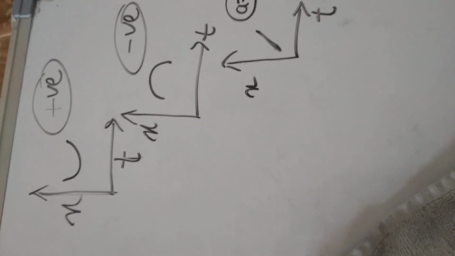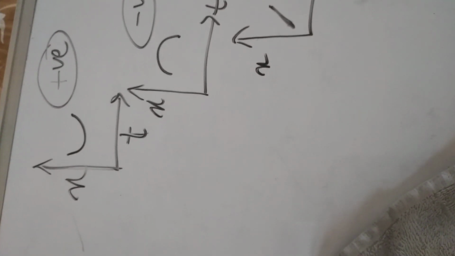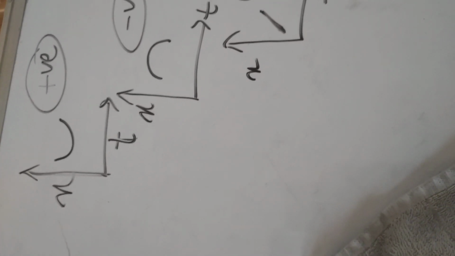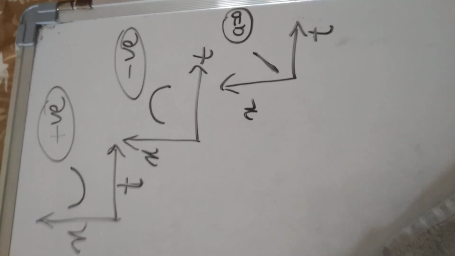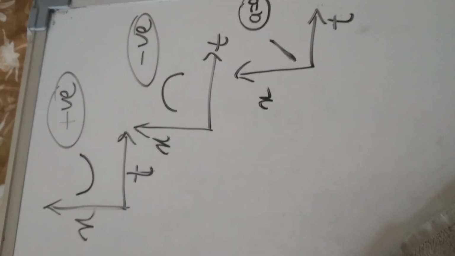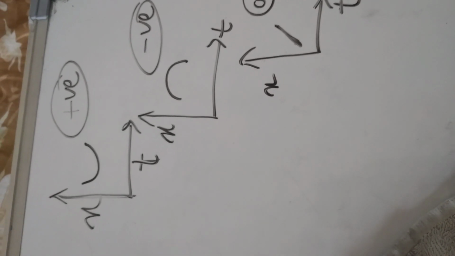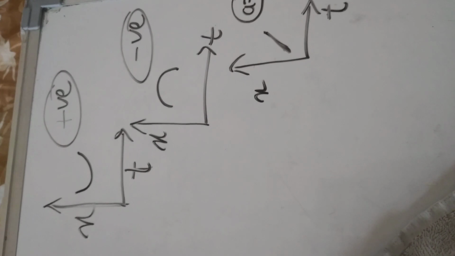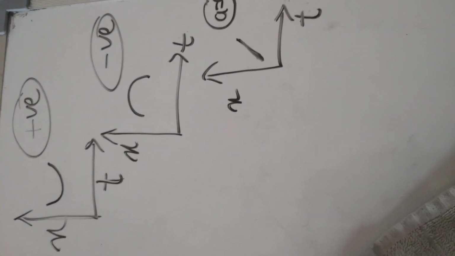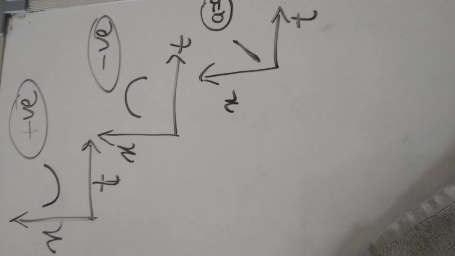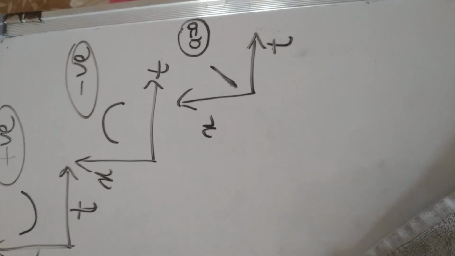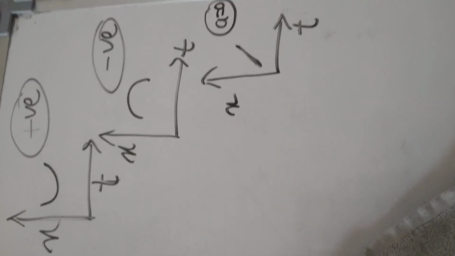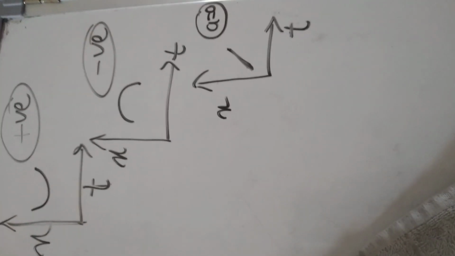So this is the position-time graph for motion with positive acceleration, negative acceleration and zero acceleration. The first one is positive acceleration, making a bowl which faces upwards. The second is a negative acceleration because it shows the bowl facing downwards. The third one has acceleration equal to 0 because it is making a constant motion with the position and with the time.